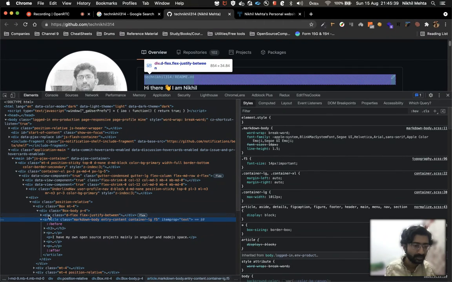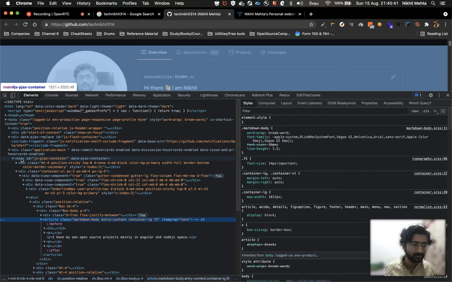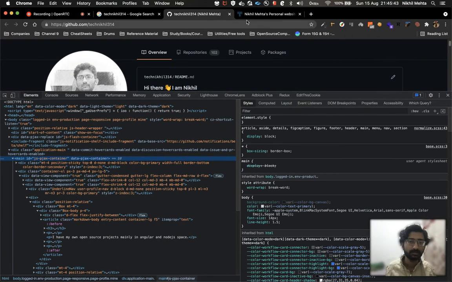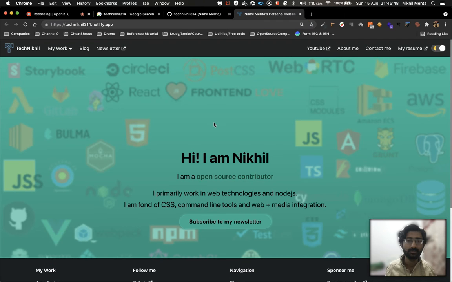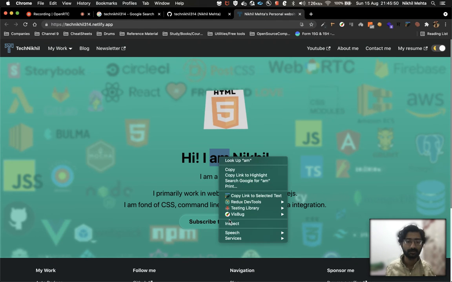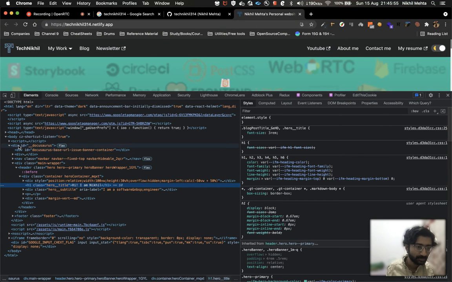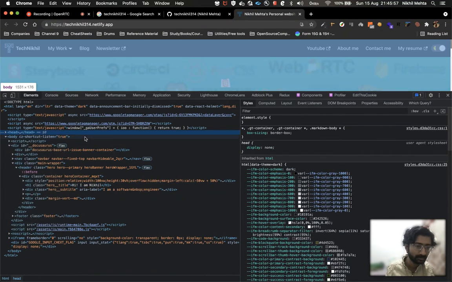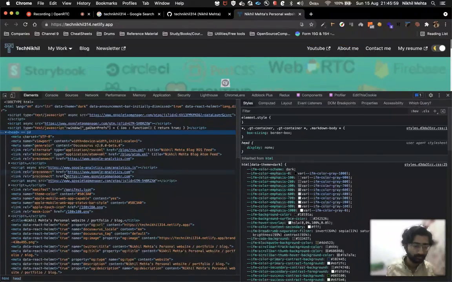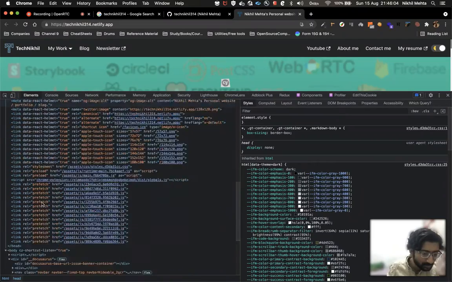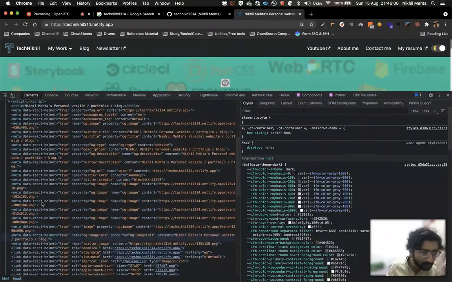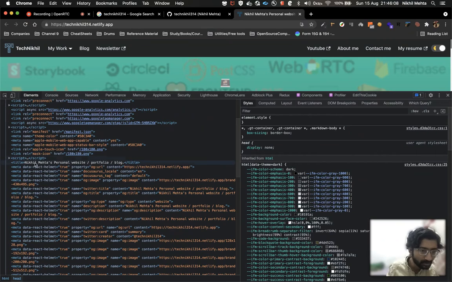So these are all semantic tags that you should be using. It is part of a main tag, right? If I go here on my site and inspect this, you will see that I actually have a title here. Let's take a look at the title. Oh wow, how is that possible? Yeah, here: Nikhil Mehta's personal website portfolio blog.